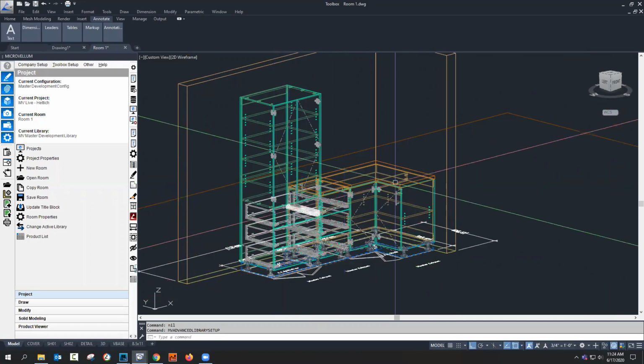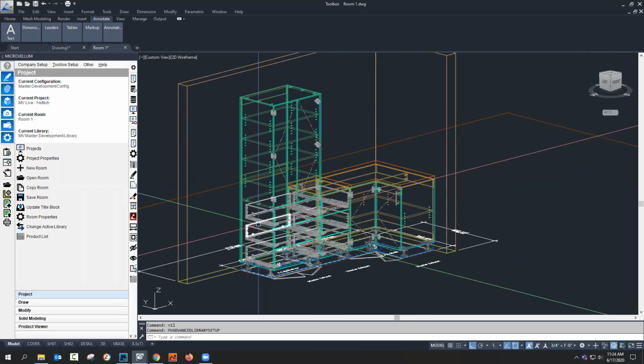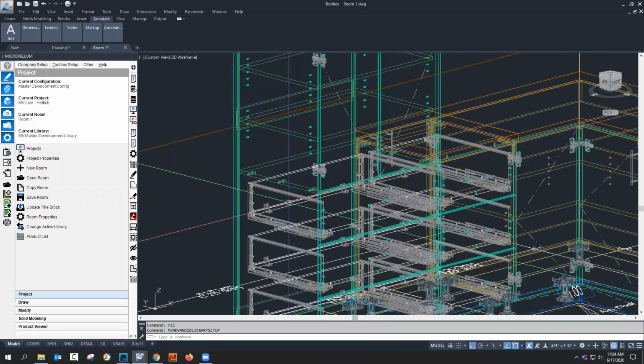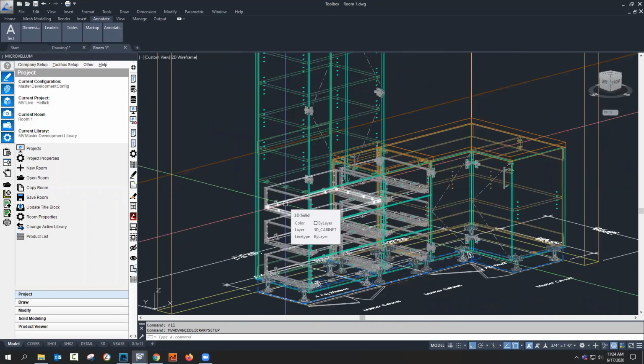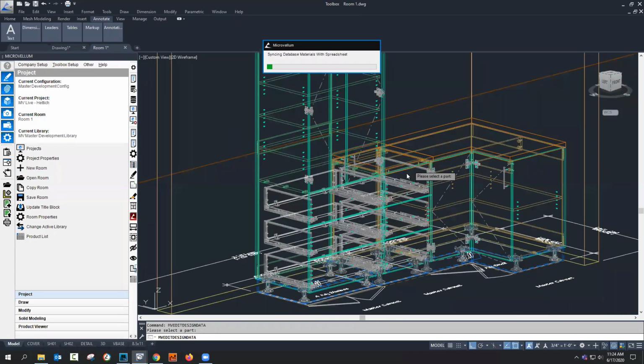So each one of those is, if you will, its own little spreadsheet. But a sub-assembly is a product within a product. And so that's how we're able to build a single sub-assembly, and then we just put that sub-assembly wherever we want a drawer. And so like if you look into this 3-drawer cabinet here,